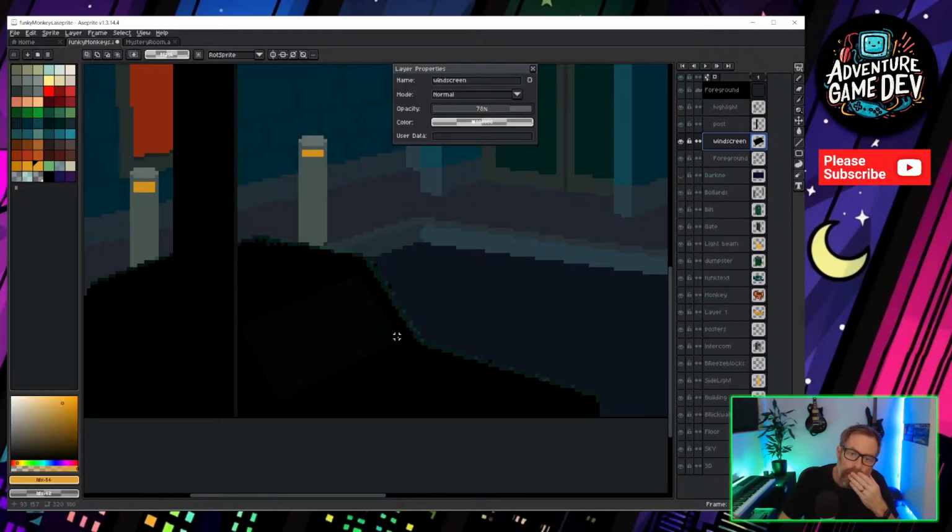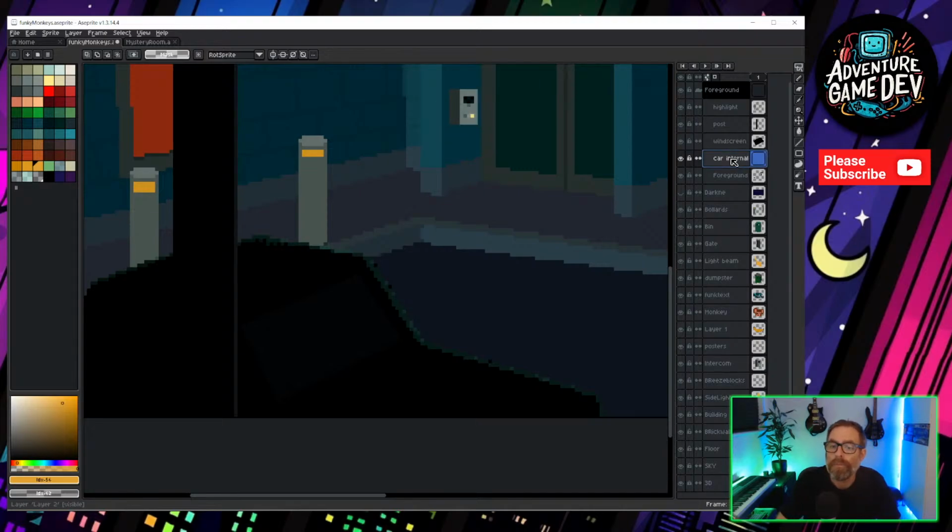But then what I want to do is just that window bit really. So I'd end up having to draw all the internals of the car there. So let's just put a layer there to remind me. Car internals. And then in there, that's just in brown for now, just block in. It's going to go behind that.